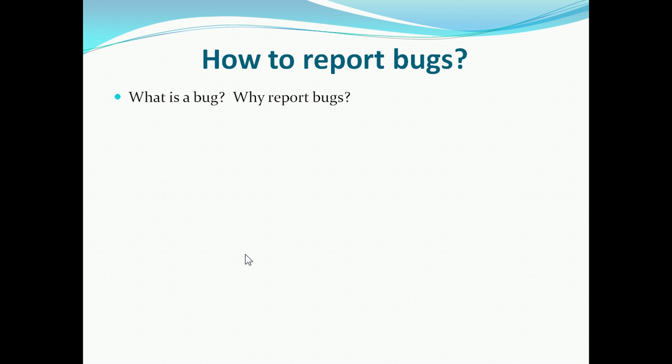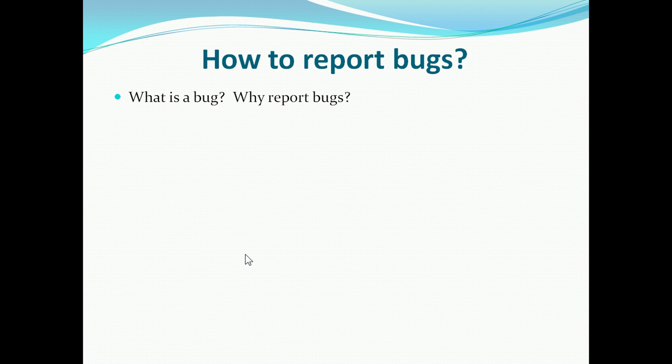Now the second question is, why do we have to report bugs? Well, most systems are complex, so they are not systems that everybody knows everything about at all times. So since most systems are complex, it is not sufficient to tell the developer that look, I found a bug in the system. The developer would like to know more details, because if the developer had the knowledge of the bug, then they would have fixed that particular bug.